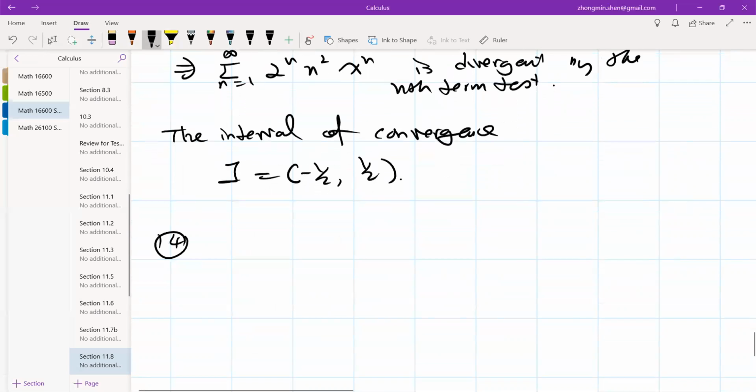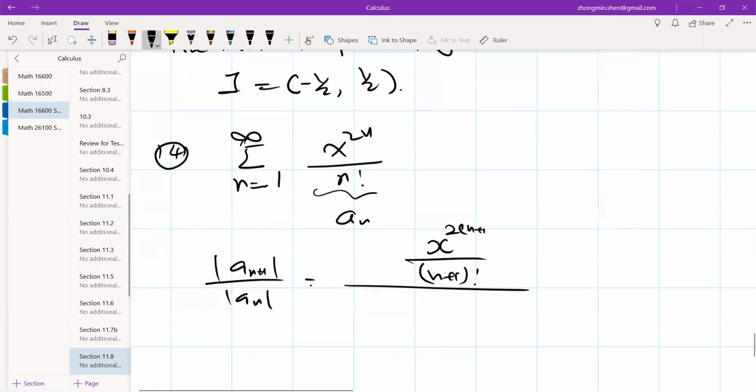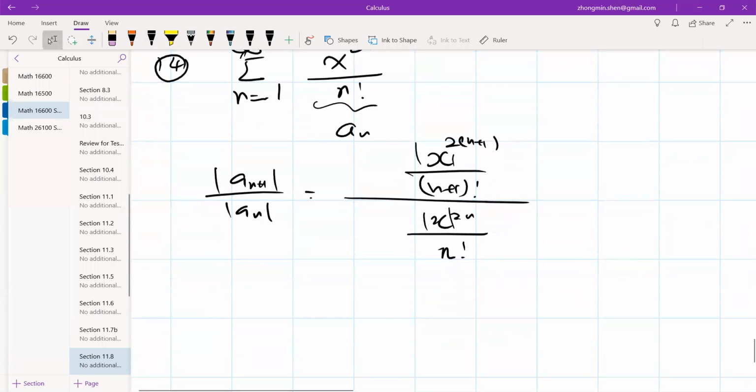How about number 14? I should say that the radius of convergence of this power series is going to be infinity. How do you see that? This time you have to use the ratio test because there's an n factorial. So you look at n plus 1 divided by n, because the nth root of n factorial cannot be determined. So now you have